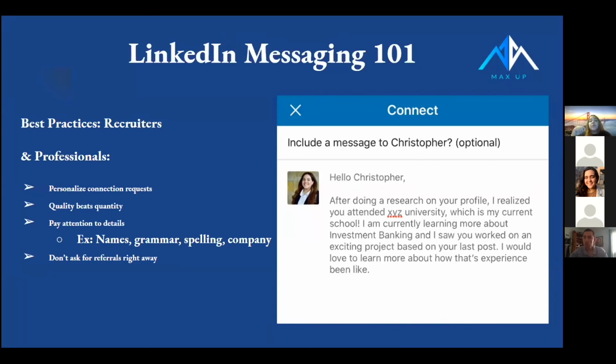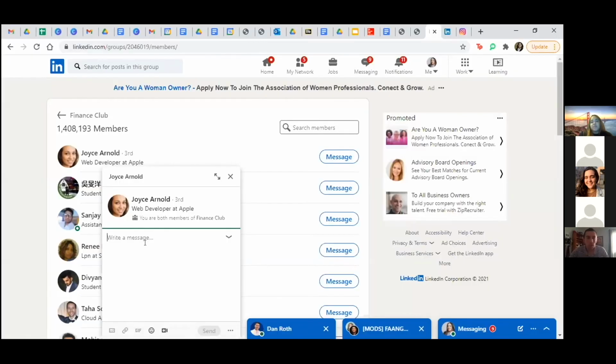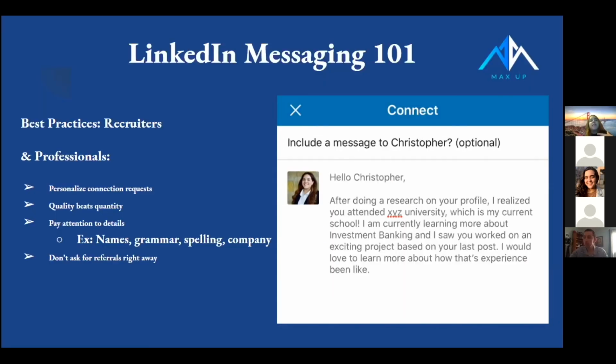If you really want to stand out on LinkedIn, join LinkedIn groups, and you can message people in that group for free. Being a passive user on LinkedIn is not the best way. You need to be an active user: commenting on people's posts, engaging with recruiters and professionals, engaging with their content, creating your own content, messaging people through LinkedIn groups. All of these are great things to being an active user on LinkedIn.